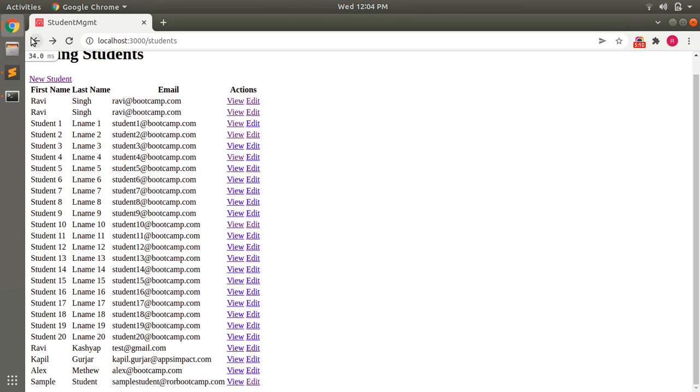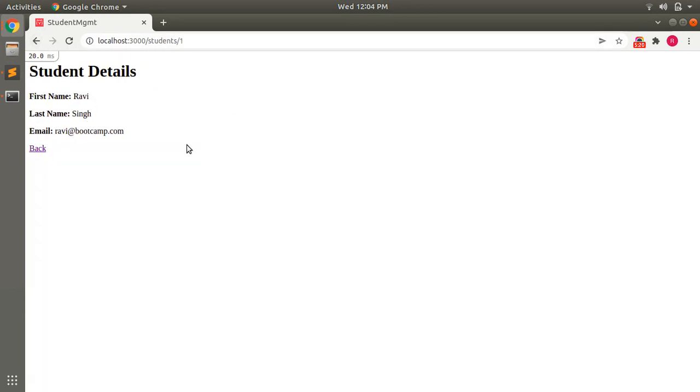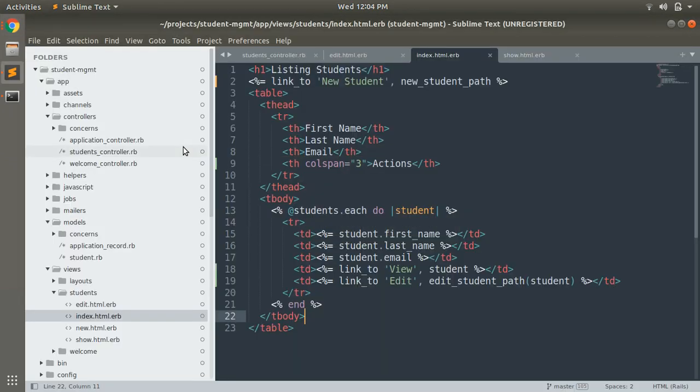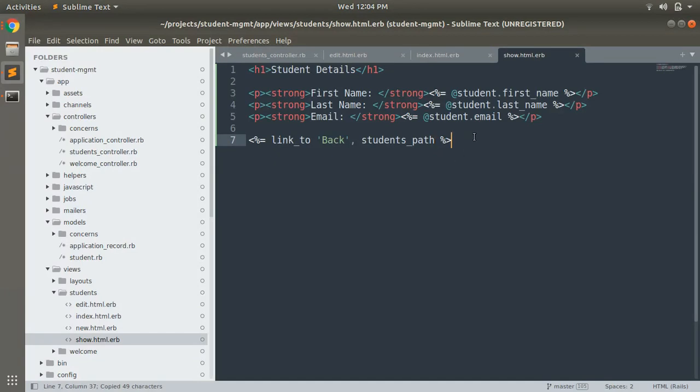We have added the edit link at the index page, but suppose you want to go to the edit page from the show page. We can add a link to edit the student at the show page as well. So just copy this link, open show.html.erb, type a pipe character here and paste this link.